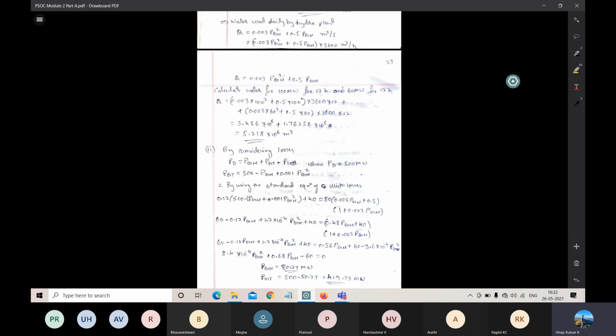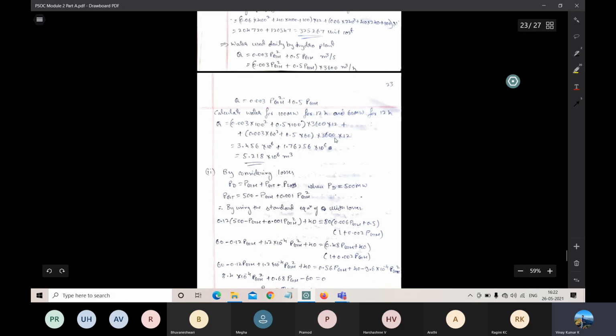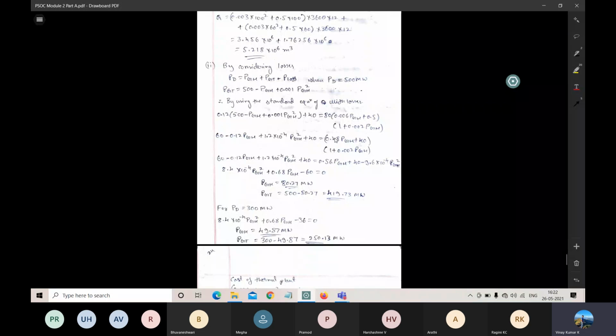So what are the things that we calculated? We calculated the amount of power generated using PGT and PGH, the amount of water available for the generation of power using hydel, that is Q, and the cost of generating the power using thermal, that is FPGT. So these things you have to repeat again considering the losses. If you are considering the losses, you have to add the loss terms here. Only that is the change.